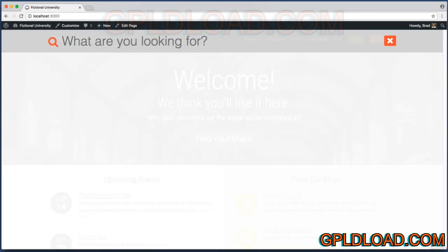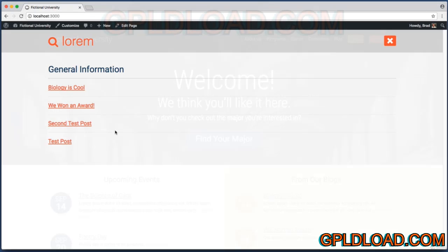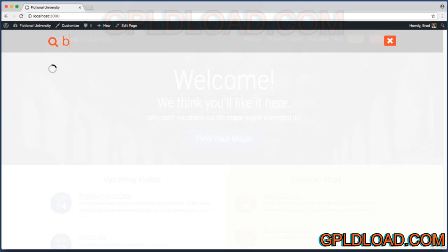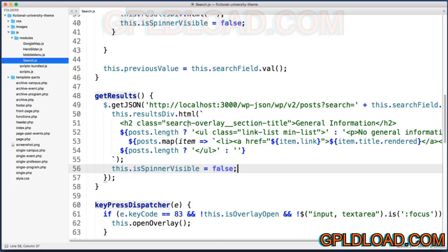If I search for lorem, here's the results. But now, the millisecond I start searching for something else, we see the loader spinner icon. Perfect. All right, changing gears, the next thing I want to work on is making sure that the REST API